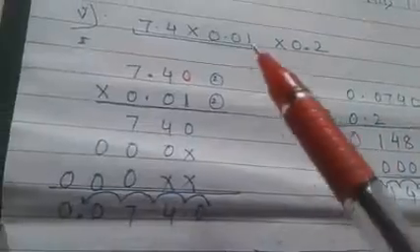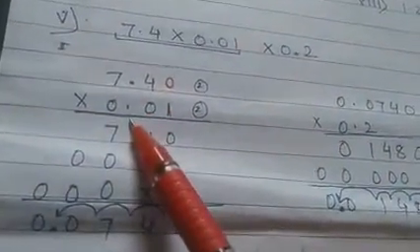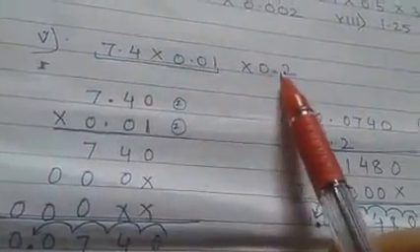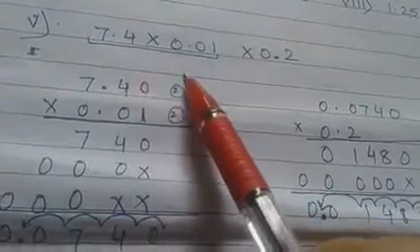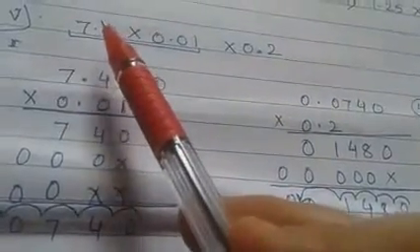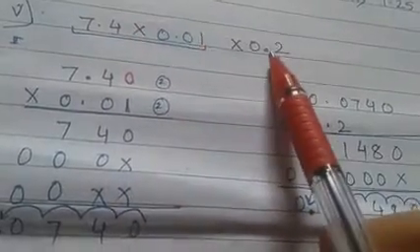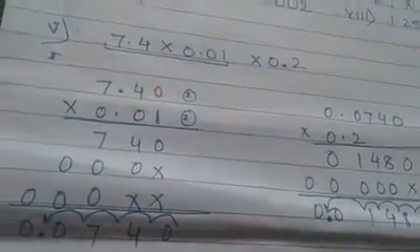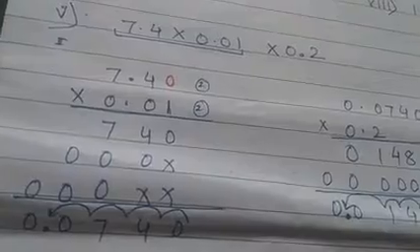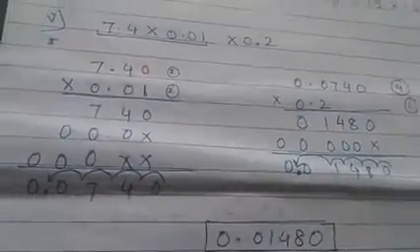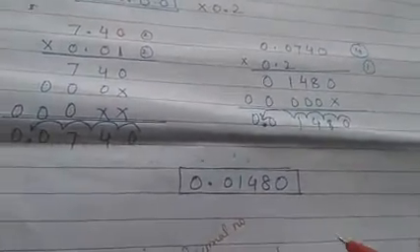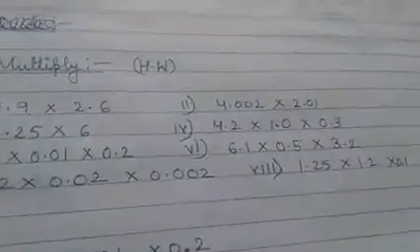The thing is, without the point also you can multiply. First multiply without points, the same way as they are given, and finally, 1 plus 1, 2, 3, 4. Means after 4 digits from right to left, you can skip 4 digits and apply the point. So that method also you can do. Okay, so the final answer is this. Your homework is given. Please do it.